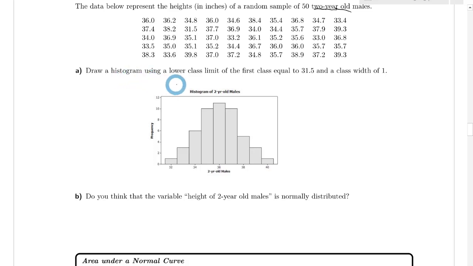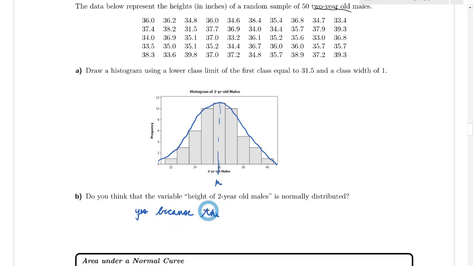So in part A, it says draw the histogram. I went ahead and did that already. And we can see that if I draw a little curve here, it's very nice: 36 is somehow the mean and it's a bell curve and it definitely looks normal. So what do you think? Do you think it's normally distributed? I would say yes, because